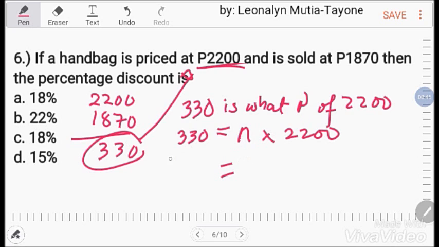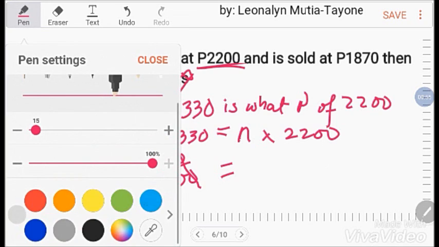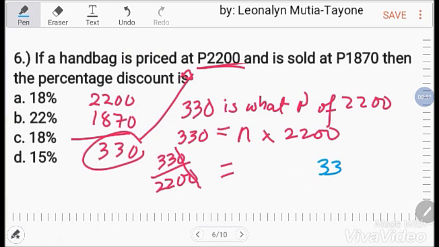I-isolate mo yung n na yan. So, that means 330 over 2,200. Cancel mo yung isang 0 na yan. So, dito na tayo mag-focus sa 33 divided by 220. Ito yung decimal. Itaas mo yung decimal na yan. Tapos lagyan ng isang 0 dito. 330 divided by 220, that is